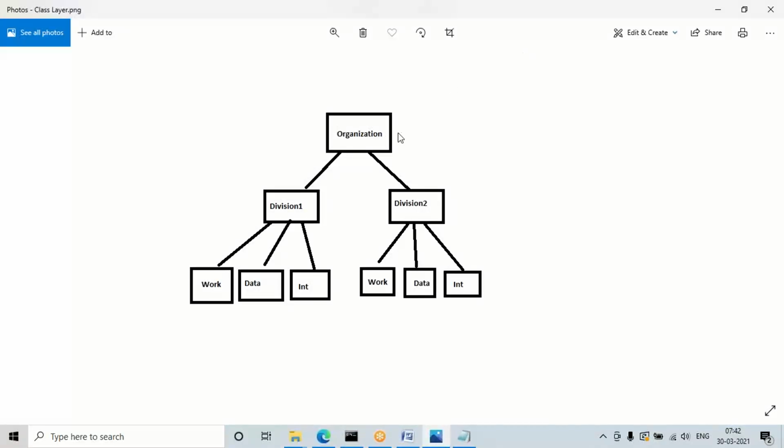See, we have these classes, right? Suppose organization is alpha, division is alpha auto. Suppose under your framework you create a second implementation, it will become alpha life. Division 2 is alpha life, assume that. Under that we have these unit classes, work, data, int. And division 2 also will have work, data, int.